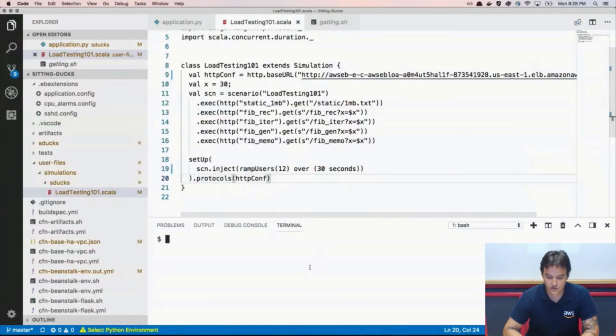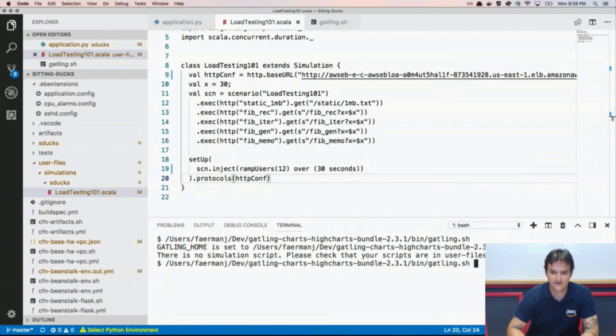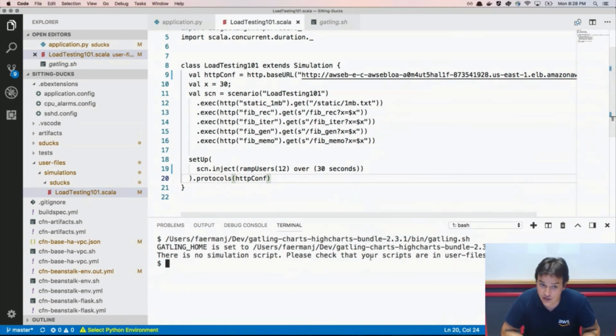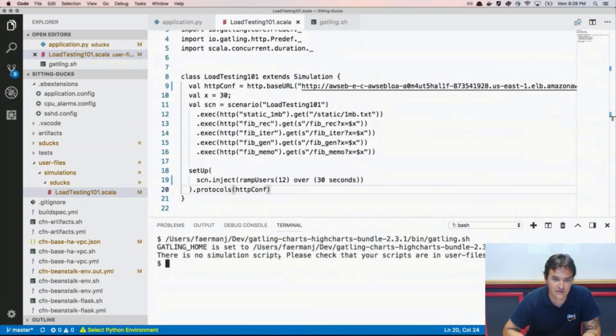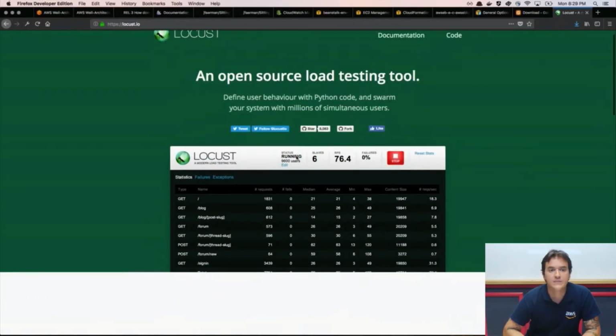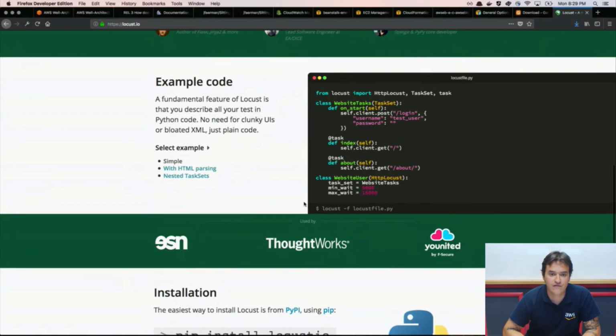Yeah, I didn't even use the parameters, I just called Gatling. Even without parameters, it doesn't find the files. It should have asked for the files. But Gatling has some of these issues, and this file loading mechanism is a bit weird. I will definitely have to check it out. So sorry about that. But the important thing is the difference,